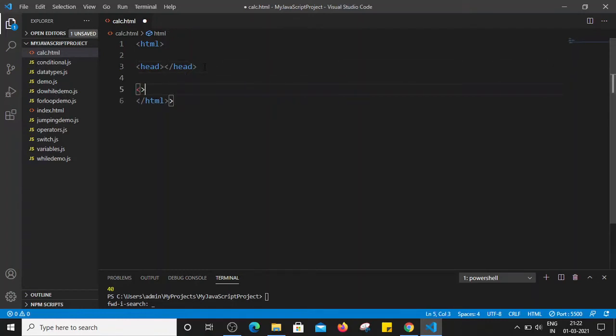Within that I am going to create body and close body.